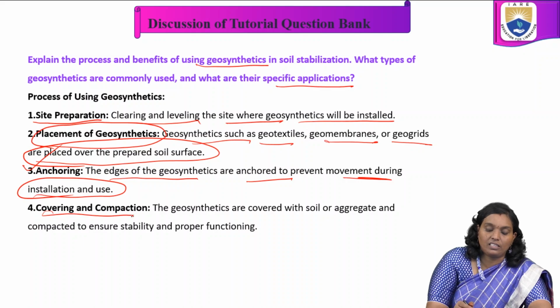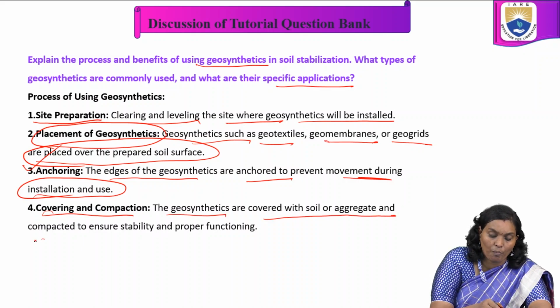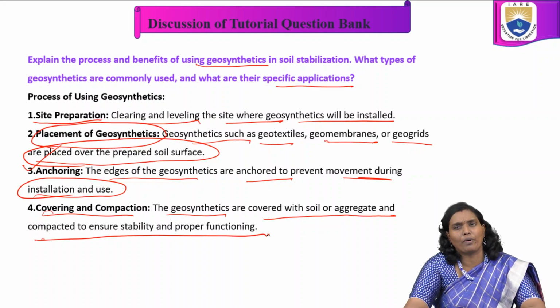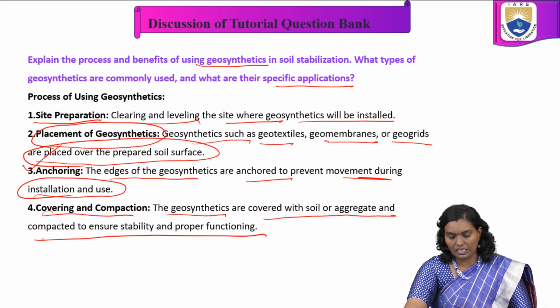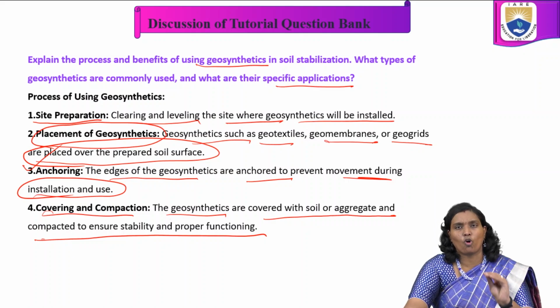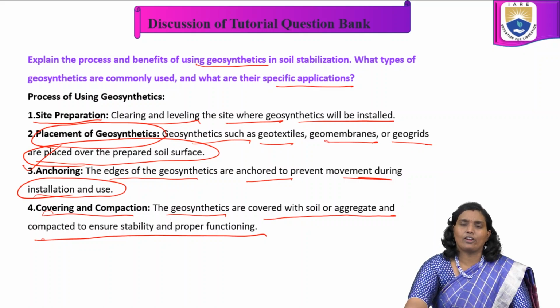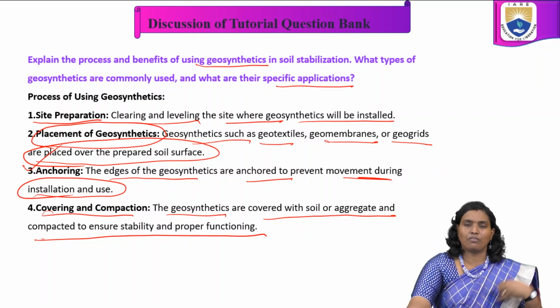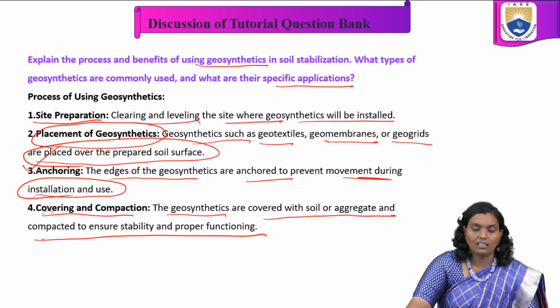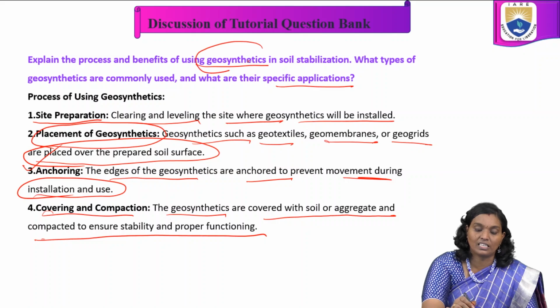Covering and compaction. The geosynthetics are covered with soil or aggregate and compacted to ensure stability and proper function. These are the processes which are involved in geosynthetics. The site preparation is common, and the next steps are going to change as per the technique we are going to understand. Here the placement of geosynthetics and anchoring, covering and compaction are the processes involved in geosynthetics as